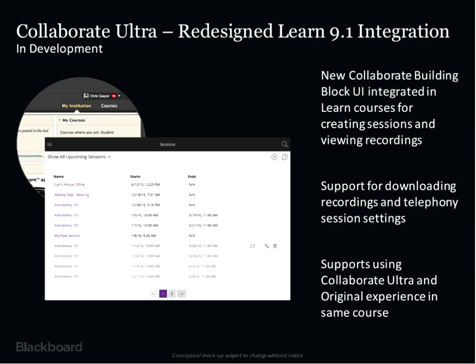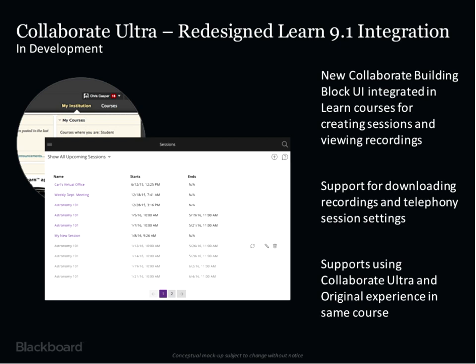That includes things like being able to see your recorded sessions, improved session management from the Blackboard Learn interface, accessing and downloading recordings, updating certain telephony settings about connecting audio to the session, and also being able to manage both a Collaborate 12.6 session like we're using today, side by side with a Collaborate Ultra experience.